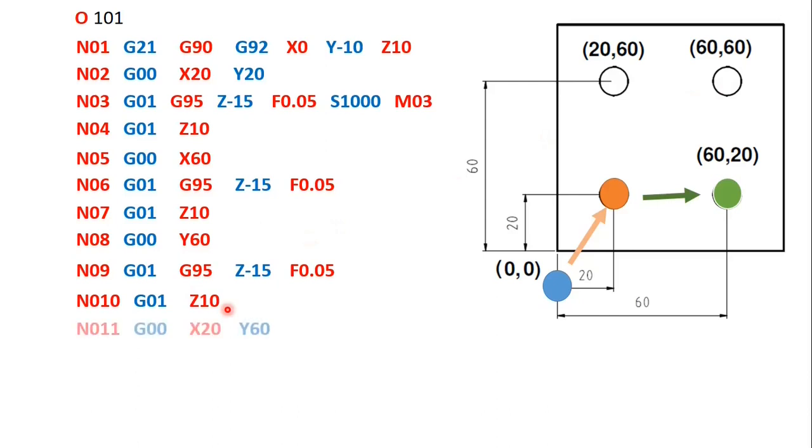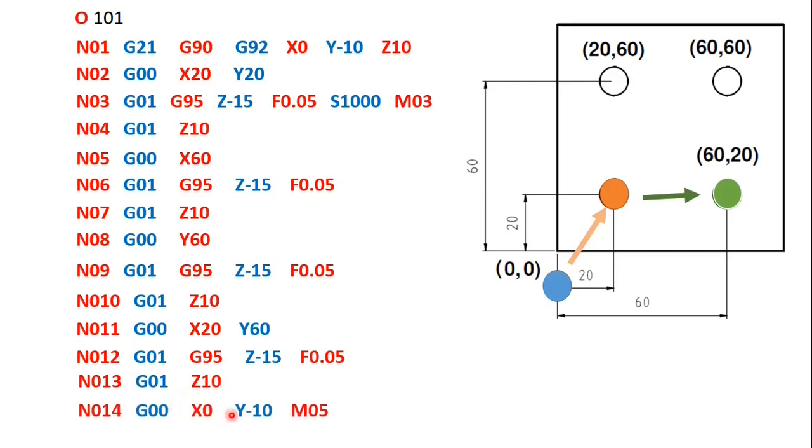So similarly it does the drilling operation at this point, and then comes out to a distance of 10 millimeter above. Again goes to this position. So see, in this position I am putting X20, Y60. Okay. So it reaches, again does the drilling operation completely. Okay. Then next it comes out. Okay. And then it goes to some position, that is, after this operation is over, it will come here and stop the machine completely. So M05, spindle will stop, M30 is the end of the program.